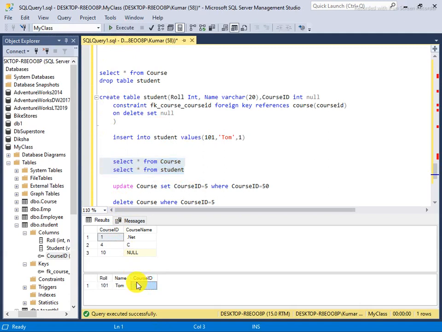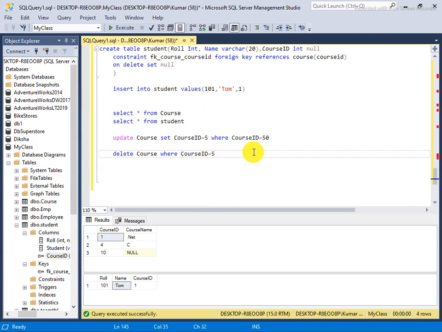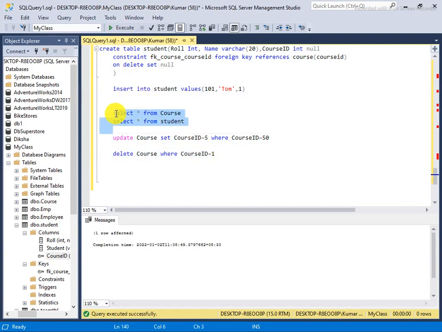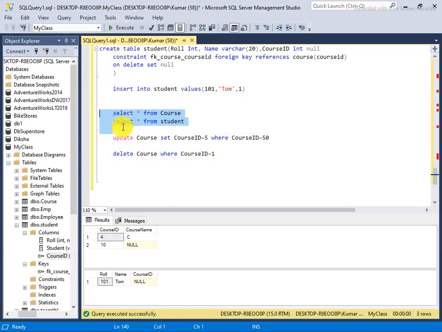See that this time I said set null. It means that the course ID would be null, but roll number 101 and name Tom would remain here. So I delete from the parent table where course ID is 1. See there, it's been deleted and now my value is null. This time my record is there and the course ID is null.